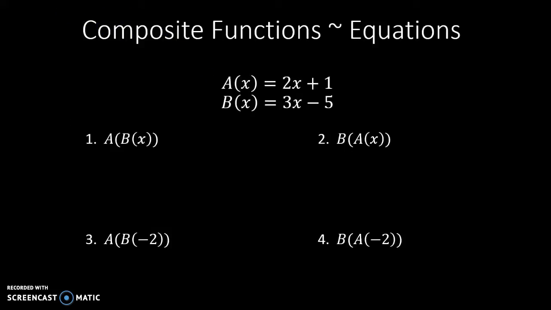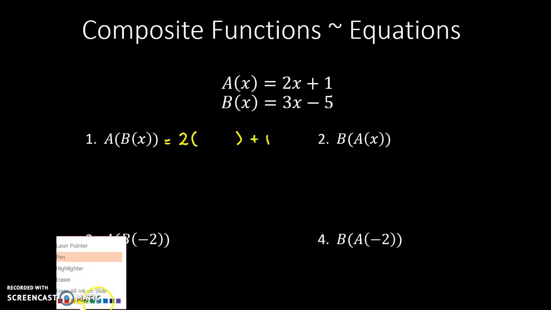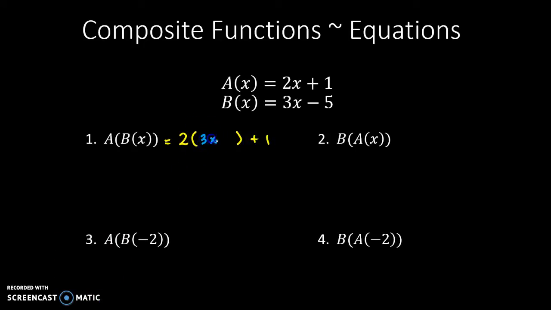And then these problems are a reminder about how to write functions that are composites of two other functions. And I like to think of the outer function as the shell, and the inner function is what you're putting in the shell. So if I look at just the a function at first, the a function as a shell is 2 times something plus 1, and then I'm going to put inside of that shell 3x minus 5, because that's the b function. And then from there I want to make sure I distribute, so I have 6x minus 10 plus 1, which would be, if I add like terms, 6x minus 9,